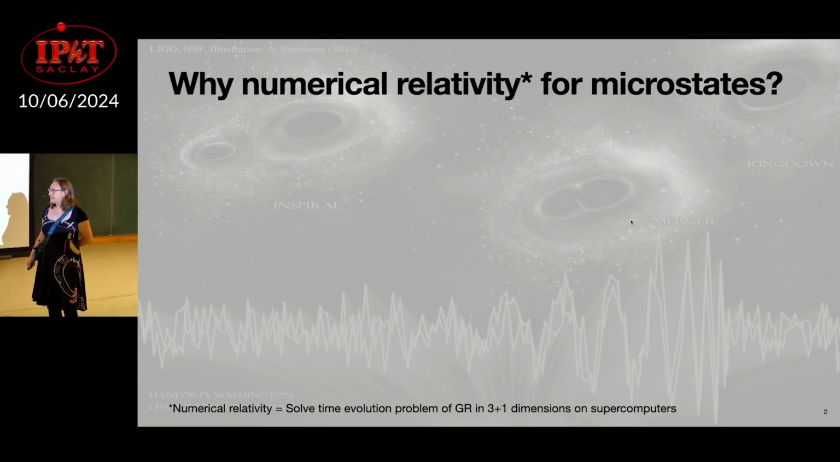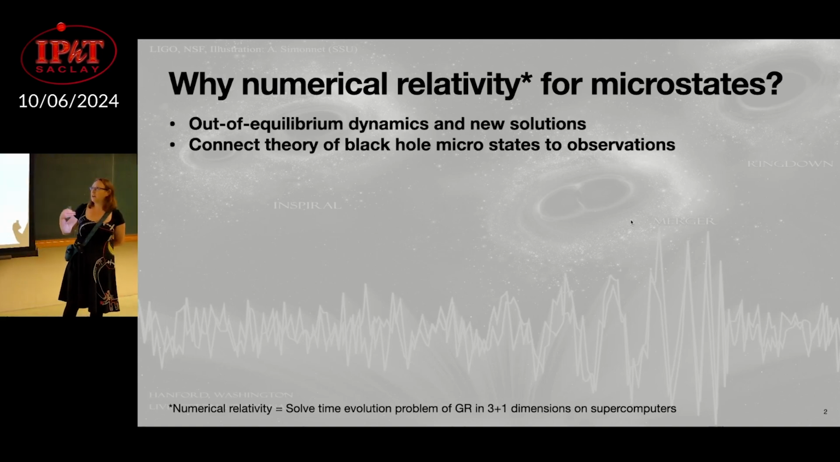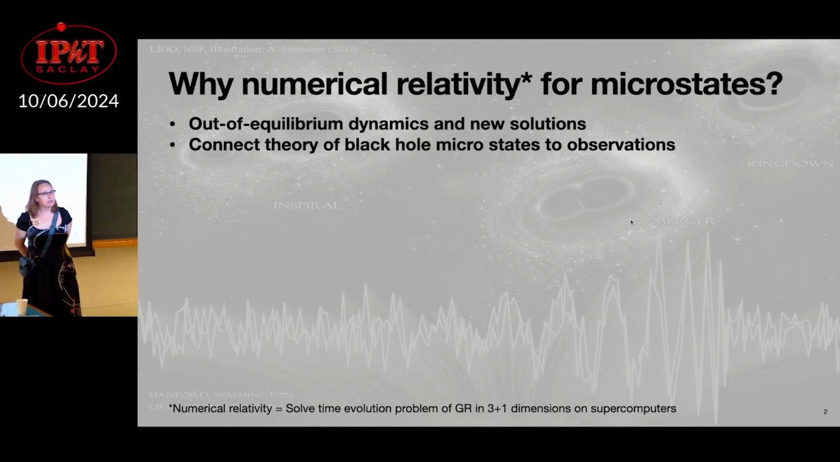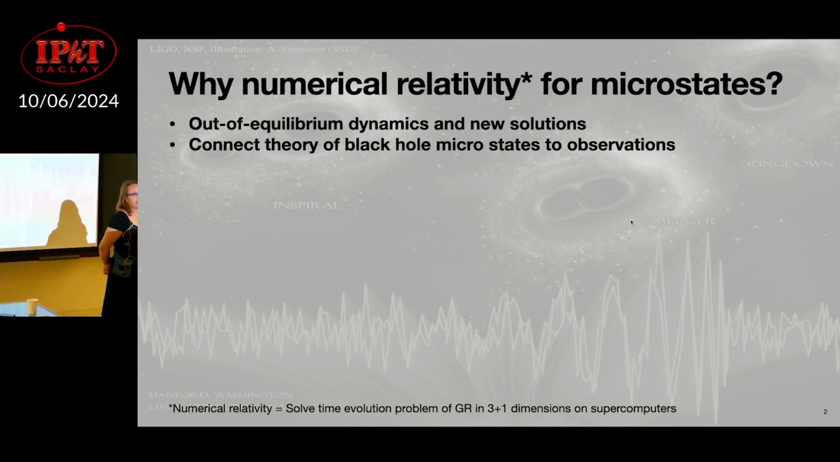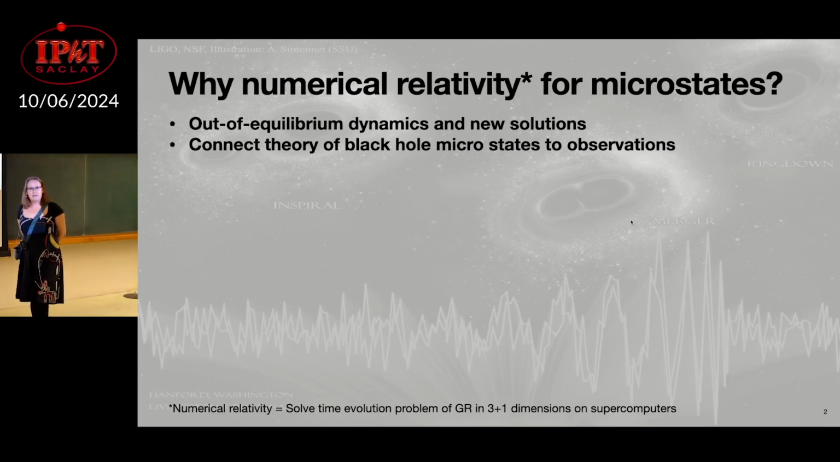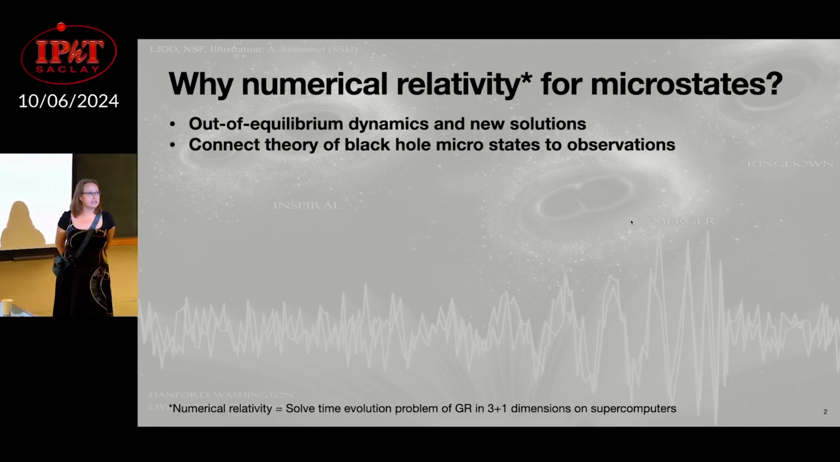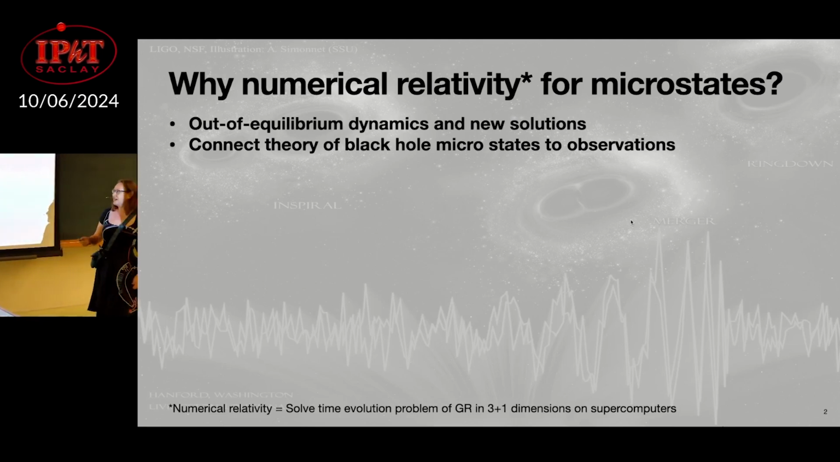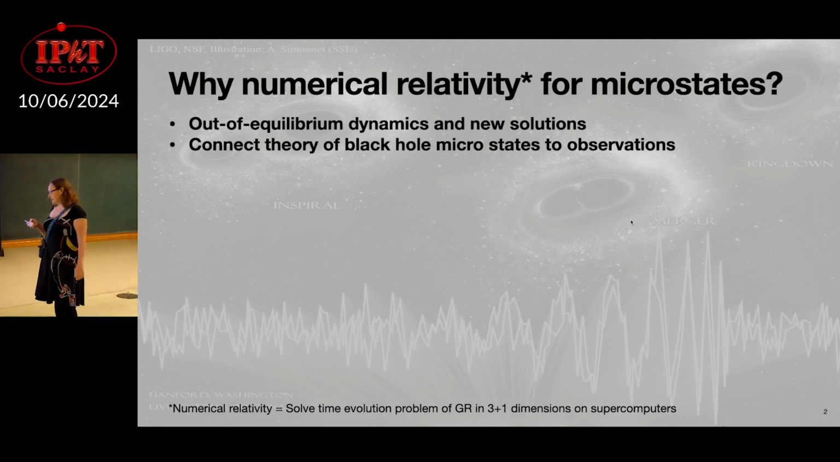And where I think this can be interesting for microstate geometries is to think about out of equilibrium dynamics. Can I find new solutions? Can I think about linear and nonlinear stability or instability, and what is my new equilibrium state? And if we are very fancy, we might even think about how we might connect these microstates to gravitational wave